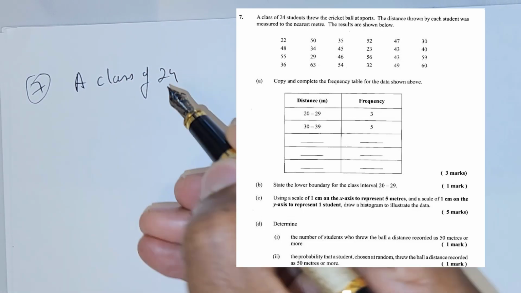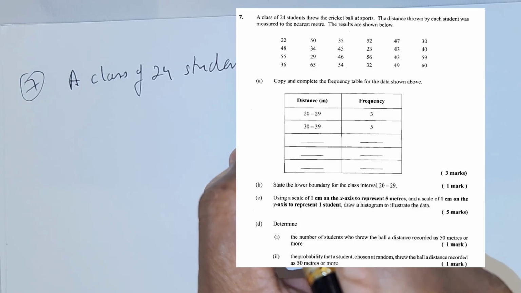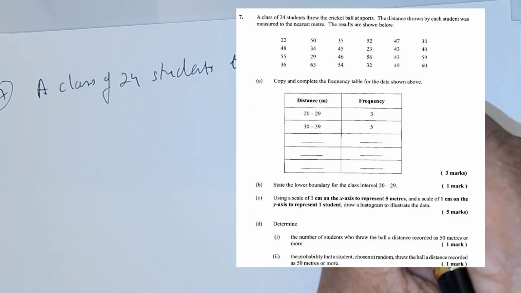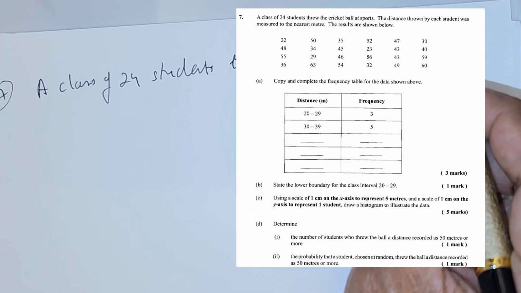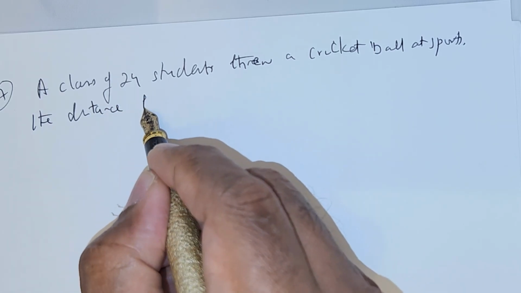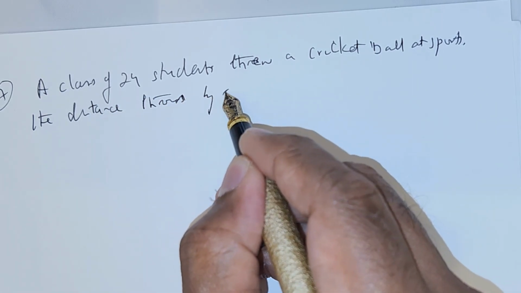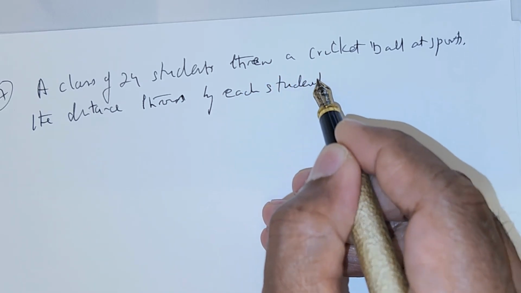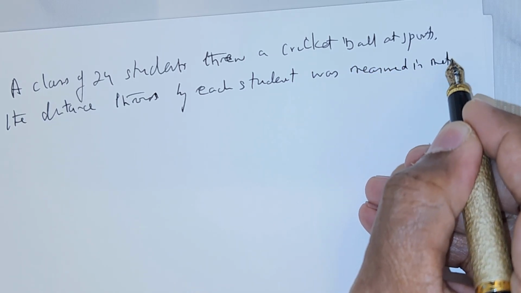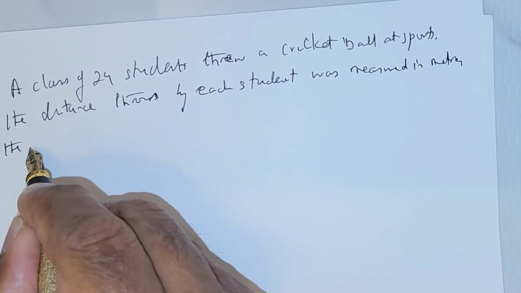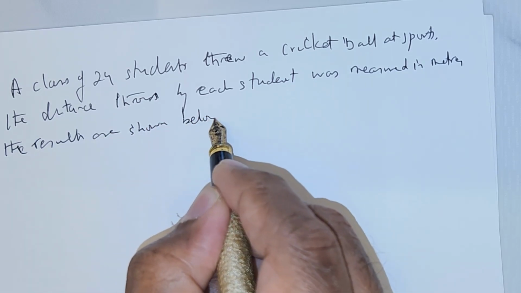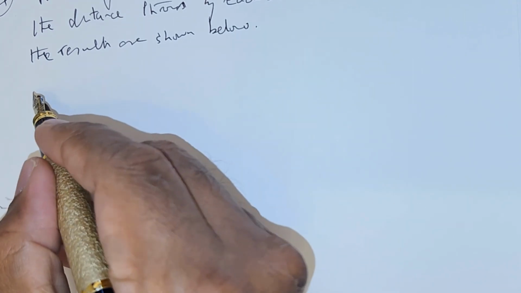A class of 24 students threw a cricket ball at sports. The distance thrown by each student was measured in meters. The results are shown below. Okay, so let me write down the